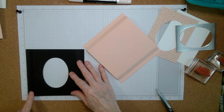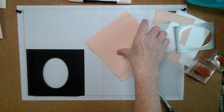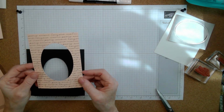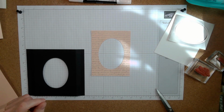And you're going to score them, as I mentioned before, at 3/8, 7/8, 5 1/8, and 5 5/8. Now what you're going to do, this is why I love my grid paper, and you're also going to take your 4 by 5 1/4 piece of designer series paper, and you're going to take the large